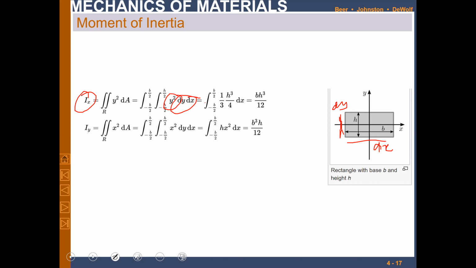And since we have that y square, we can have two integral limits, one in terms of the width and one in terms of the height, right? And when we do the whole integration, we will come up with bh cube and b cube h, right? So the difference between these two is that you have to decide along which axis you want to calculate